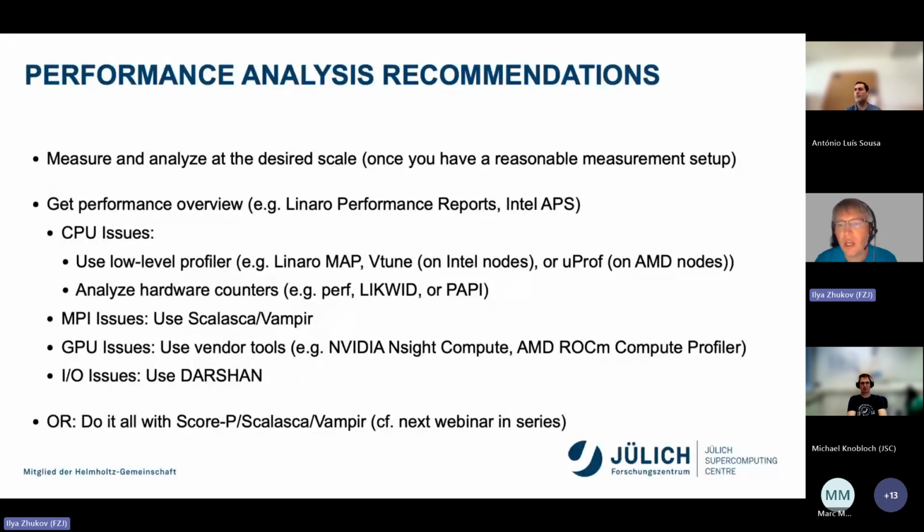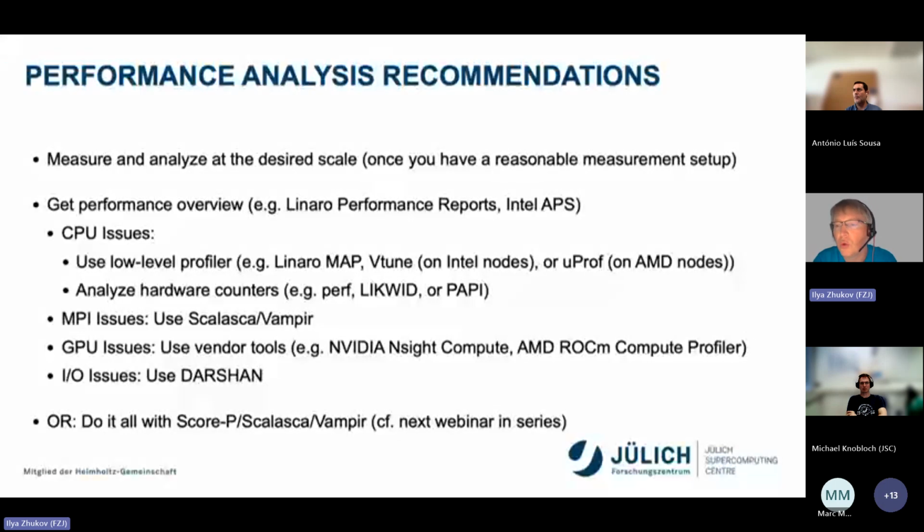Very, very basic information, but it already gives you a feeling if you have a problem, for example, if you have CPU issues. In this case, you can also include other tools, using a low-level profiler like Linaro MAP, VTune on Intel nodes, or uProf on AMD.